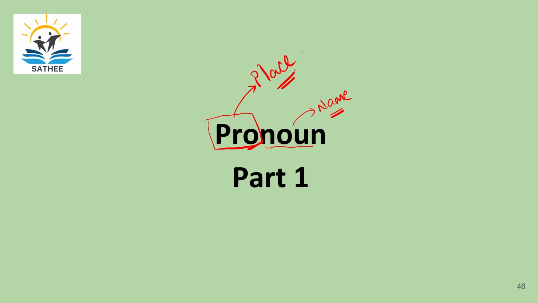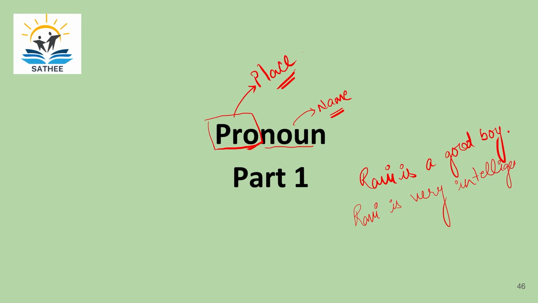Why is it used? Let us take an example. If I say, Ravi is a good boy, Ravi is very intelligent, Ravi is going to meet Ravi's cousin. Now, if we look at this paragraph,